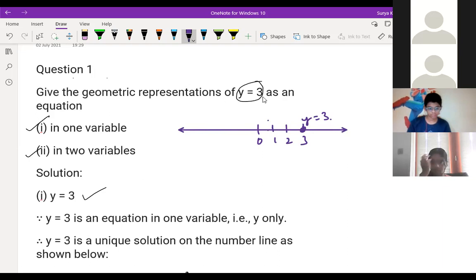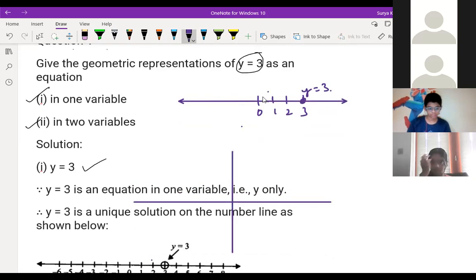Then two variables. In two variables, we have to draw the dimensions over here. I told you before also how to draw the graph. So the two variable form is 0x plus y is equal to 3. You are getting this or not? Then x has 0 and y has 3. Then what is the doubt?